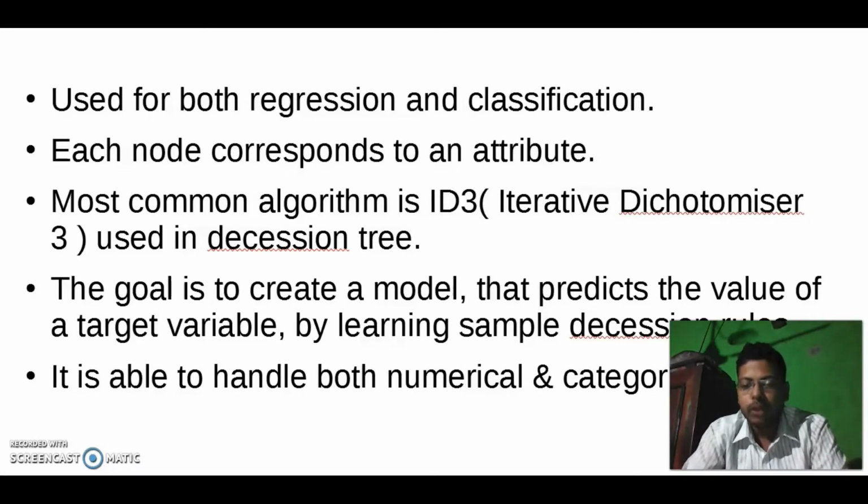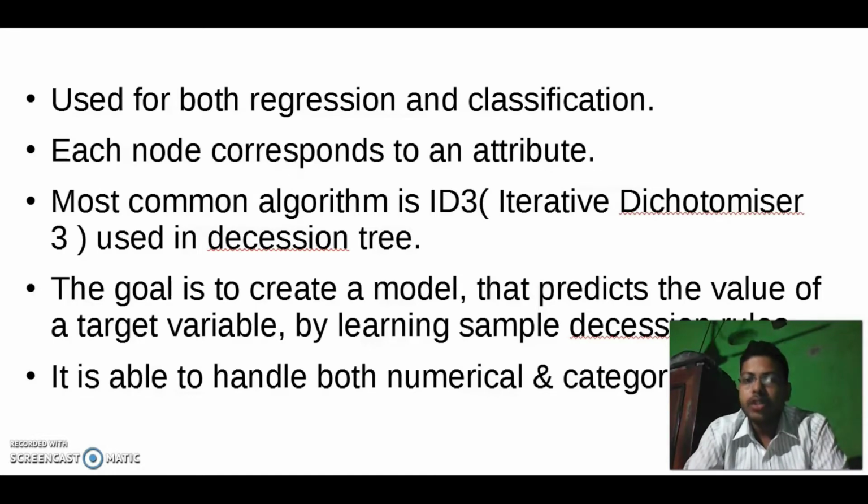Suppose two options are present in the output column, yes or no. From the output column we have to decide whether it belongs to the yes option or the no option. Or more than two options may be present, like suppose in the output column there are three labels: young, kid and old. Out of these three labels, the model has to find whether the data belongs to the young category, kid category or old category. So that is a classification kind of problem. I have already made videos on this.